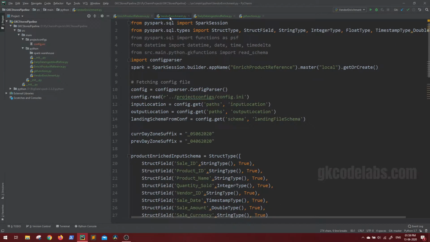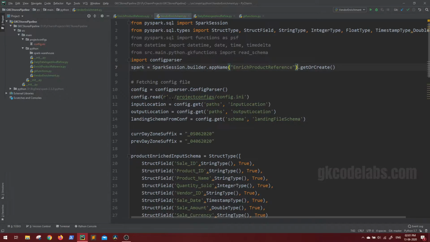Now first let's see what are the few small changes that we need to make in our project in order to run the same jobs on actual Spark cluster. So we will be running this in Spark Yarn cluster mode. Hence it is best if we can remove this master argument.